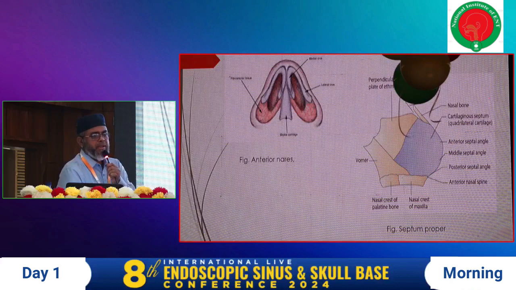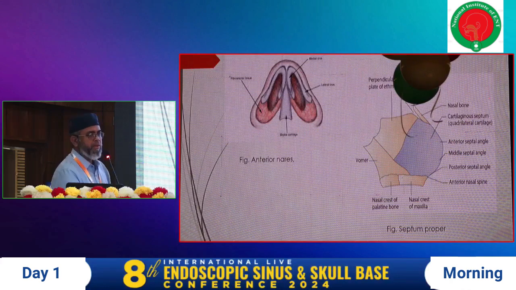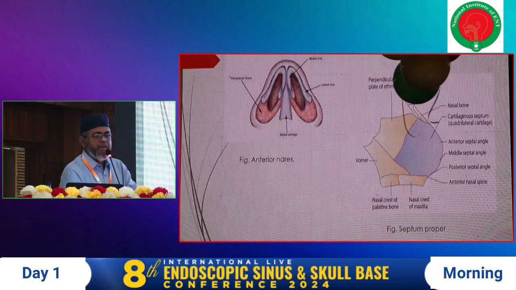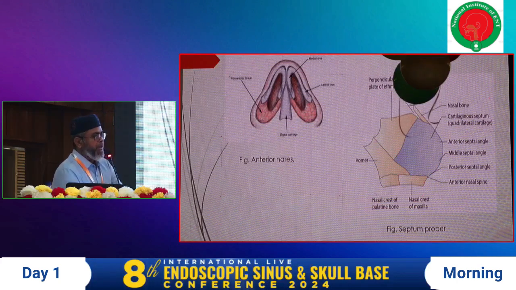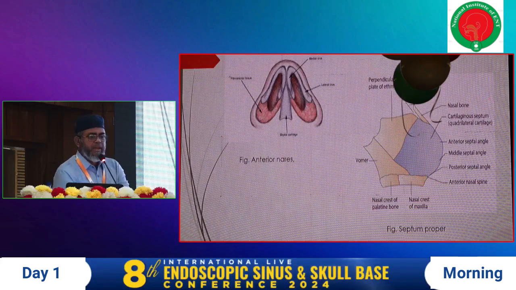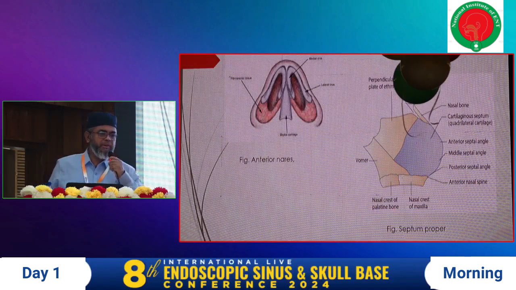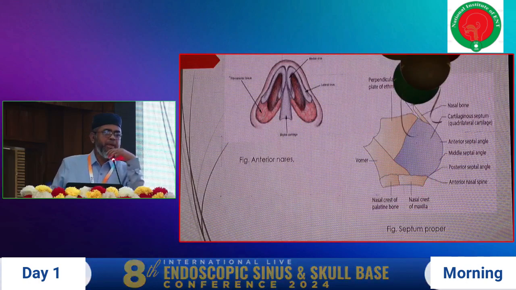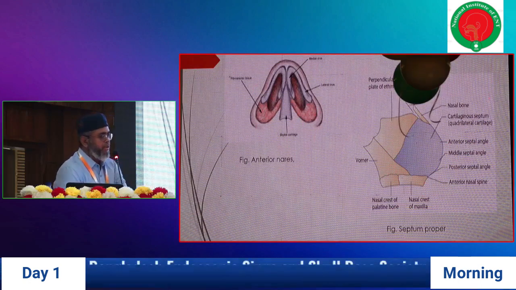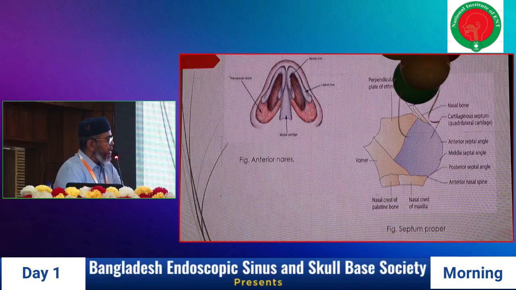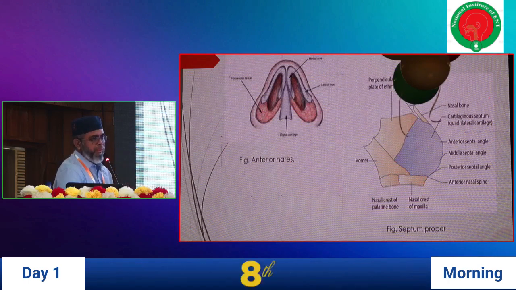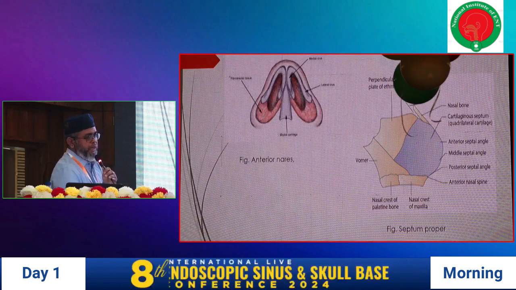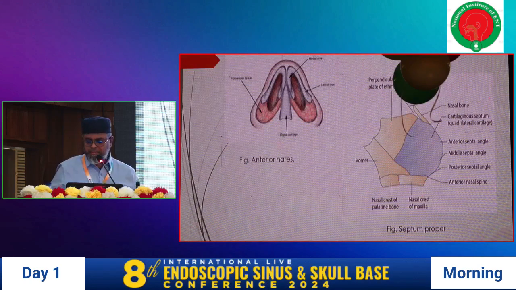The nasal septum is studied for different types of deviations and spur formation. A spur may cause turbulence of airflow, leading to nasal polyp, and deviations may cause changes in the airflow, causing chronic rhinosinusitis. Both of these forms may cause difficulty during endoscopic sinus surgery, and the view of the field may be obstructed by them, so they should be corrected during the endoscopic sinus surgery.